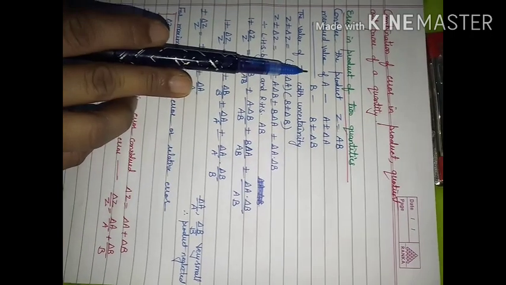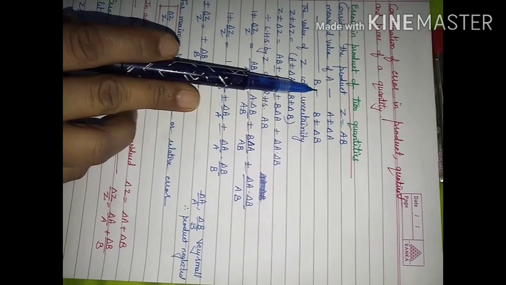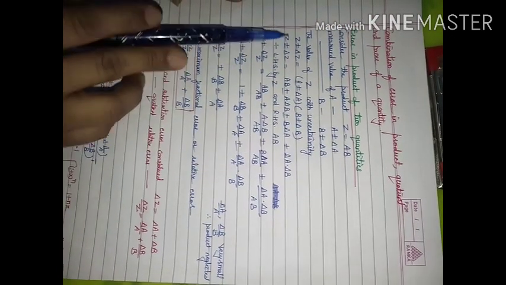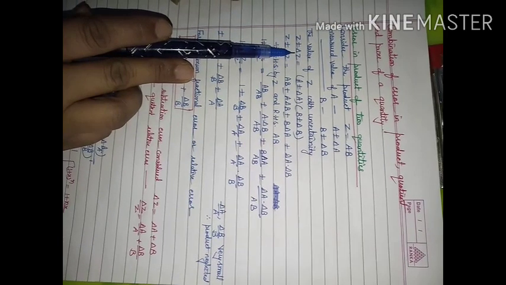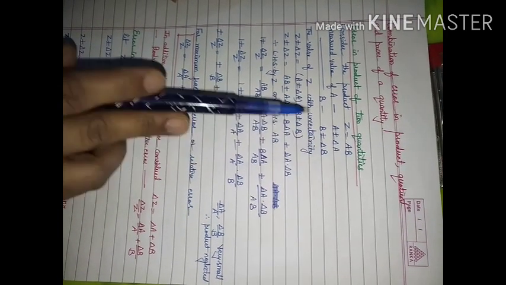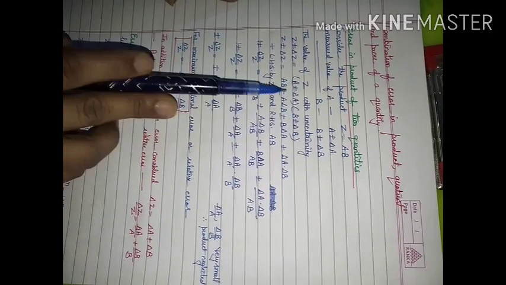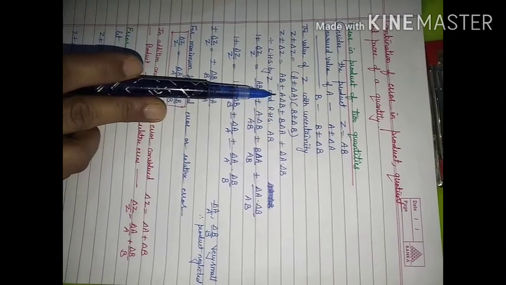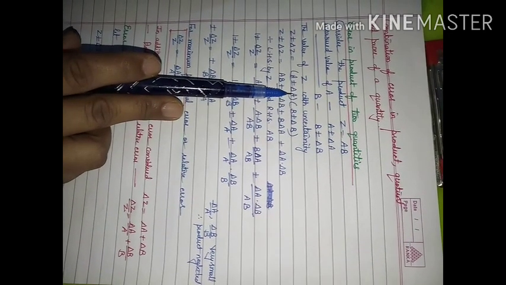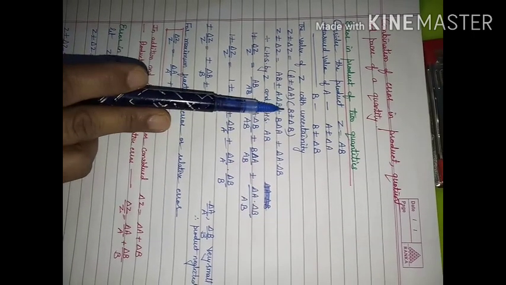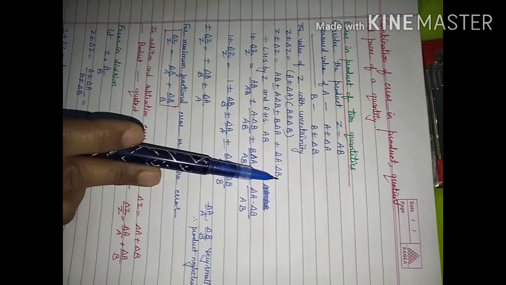So the result that will come out with uncertainty by considering these two values of A and B will be Z plus minus delta Z, that is the product of this and this. When you multiply this with this, what will you get? Multiplication of A with this gives AB plus minus A delta B, multiplication of this with this will be plus minus B delta A plus minus delta A delta B.